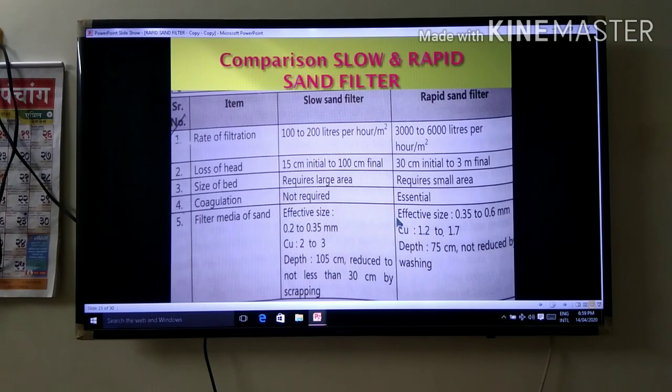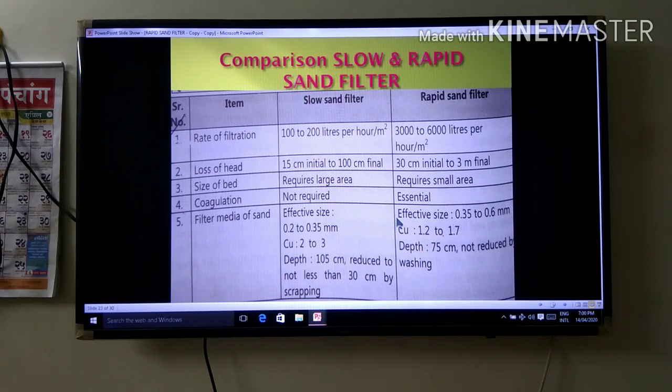The comparison with slow sand filter is as follows. Rate of filtration: in slow sand filter, 100 to 200 liters per hour per meter square is required. In rapid sand filter, 3000 to 6000 liters per hour per meter square rate of filtration is required. The size of bed: the size of bed required is large. You already saw at the time of design of slow sand filter